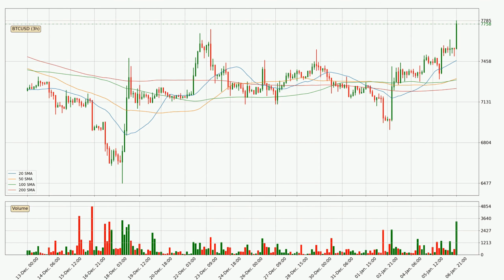Moving to the 3-hourly simple moving averages, the price crossed the 20 SMA upwards, but the volume wasn't very high, which means it is not a very strong signal. The current price is above all simple moving averages for this time interval, which looks bullish, and it is to watch if the closest SMA, the 20 SMA, could hold support or the price will break it to the downside below the current price of around